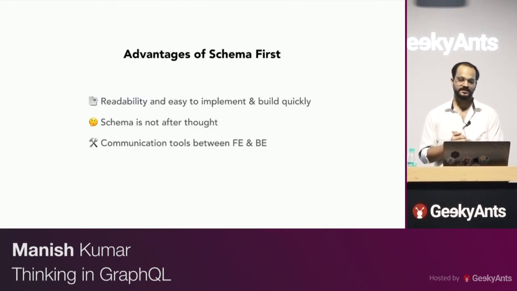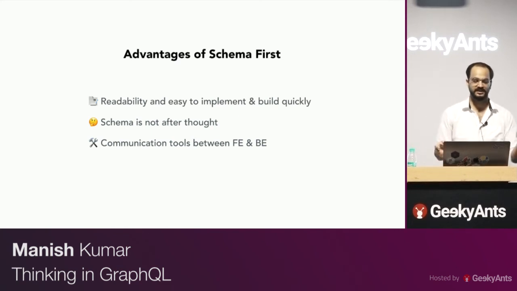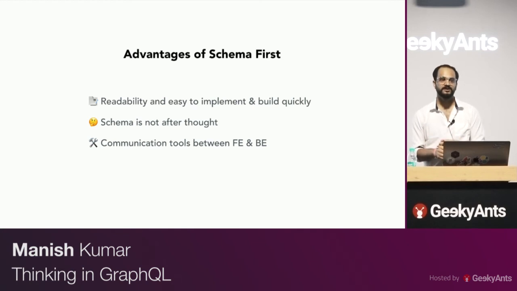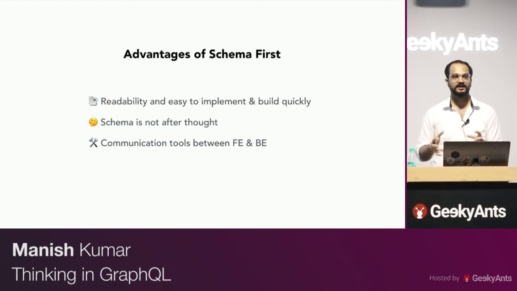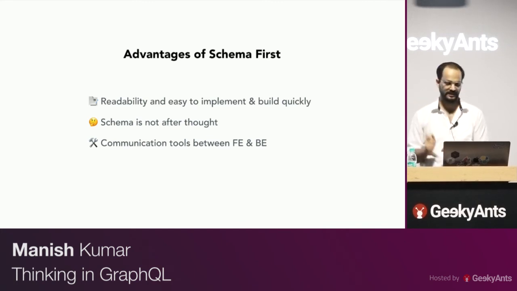There are multiple advantages of this. It's completely readable. Your developers can talk to business just with the schema, everyone can understand. Product guys can understand, front-end guys can understand. So it becomes a good communication tool for everyone. And schema is not an afterthought. It's completely thought through initially that my product has these requirements. So it's supposed to also, let's say, have a Boolean field which says is status true or false, right? So you don't think of it later and you don't change your multiple APIs to match for that particular field.